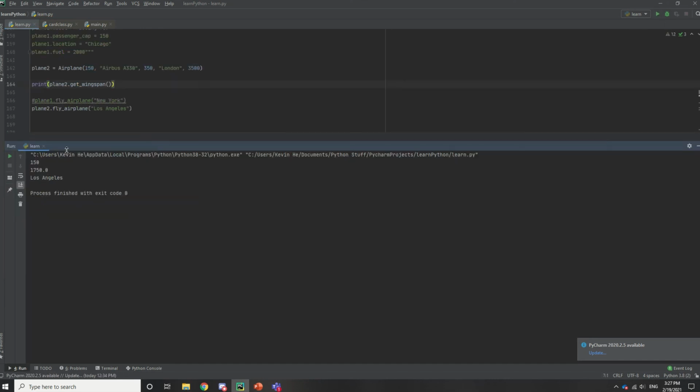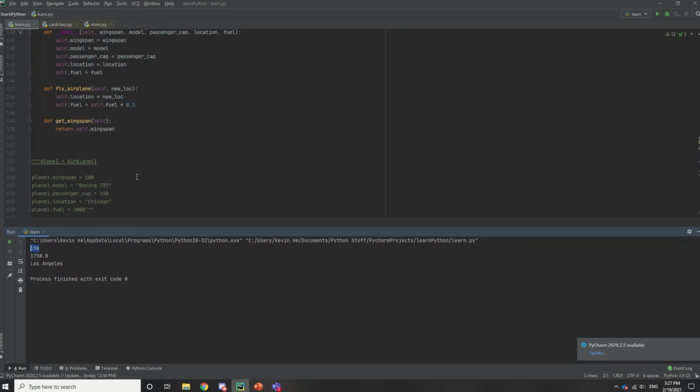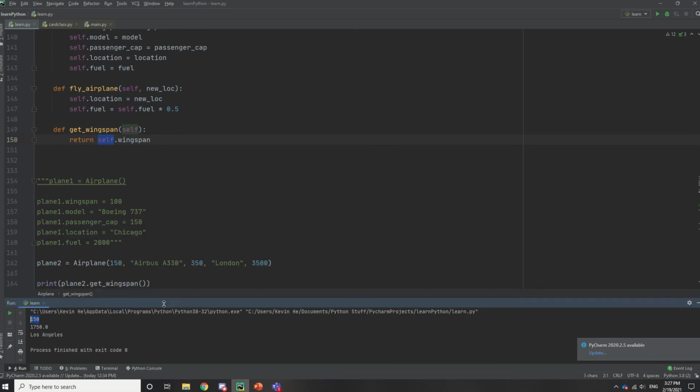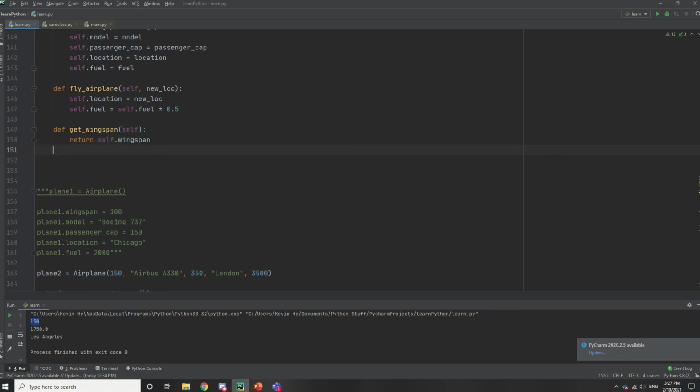And if you see down here, it says 150, which is the value we assigned it. So all this method does is it goes to the self and returns the object's wingspan, which is what self is. And then you can have a setter too. Set